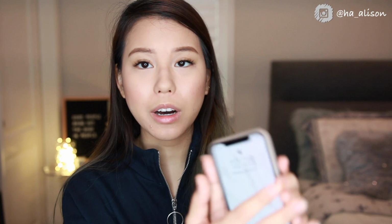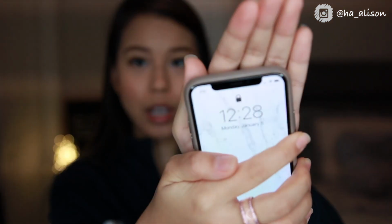So now I'm back with a full face of makeup on. I'm going for a natural makeup look. I did my brows, my concealer, and my setting powder. Right now the time is 12:28, so I've been putting on this makeup for almost 30 minutes since I last checked in at 12 o'clock. After setting with my powder and putting on my makeup, I feel like it stays true